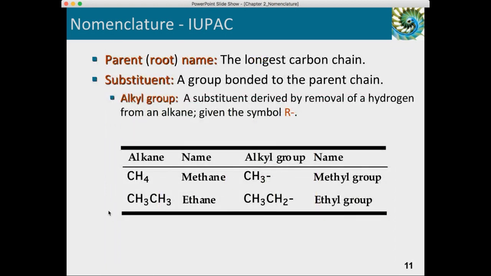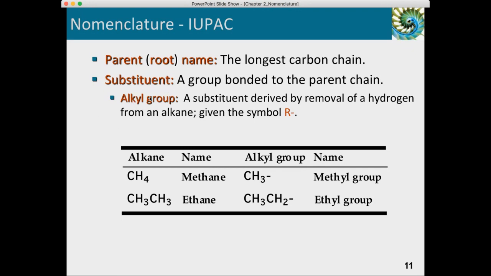So the way to name the compounds, first of all, we have to determine how we are going to choose the parent name of the compound. And the parent name of the compound will be determined based on the longest carbon chain of the compound. To this chain, you can have different substituents bonded to it. These substituents could be, at first, functional groups, which you have already studied in chapter 1, but they can also be